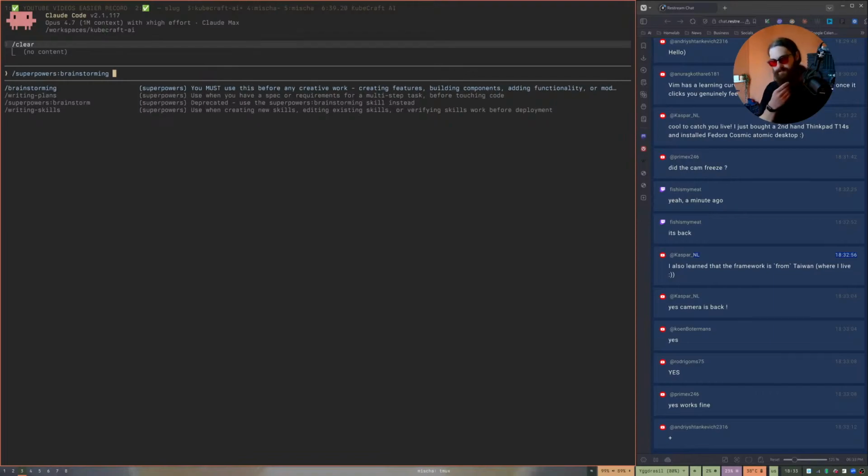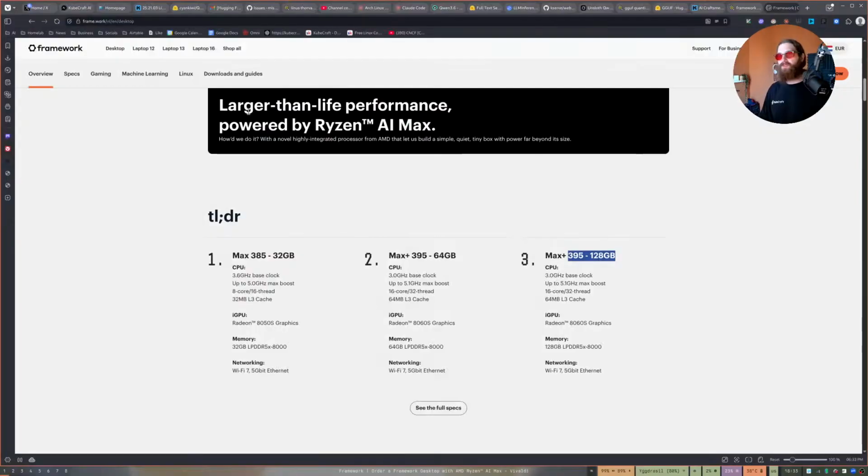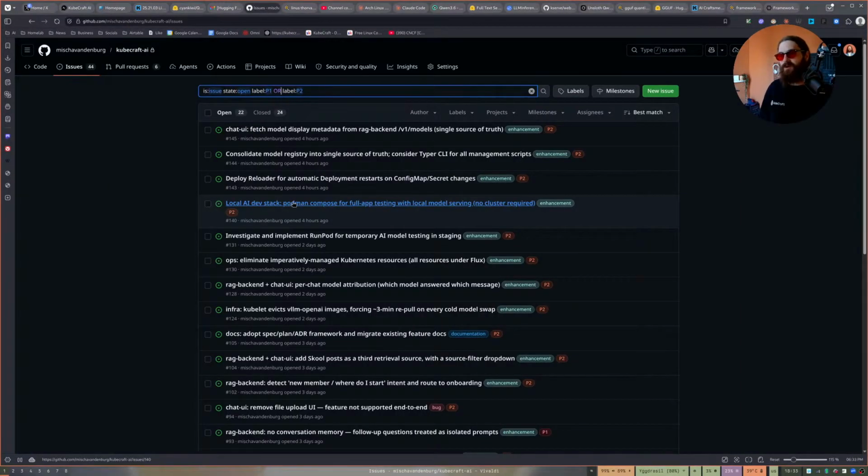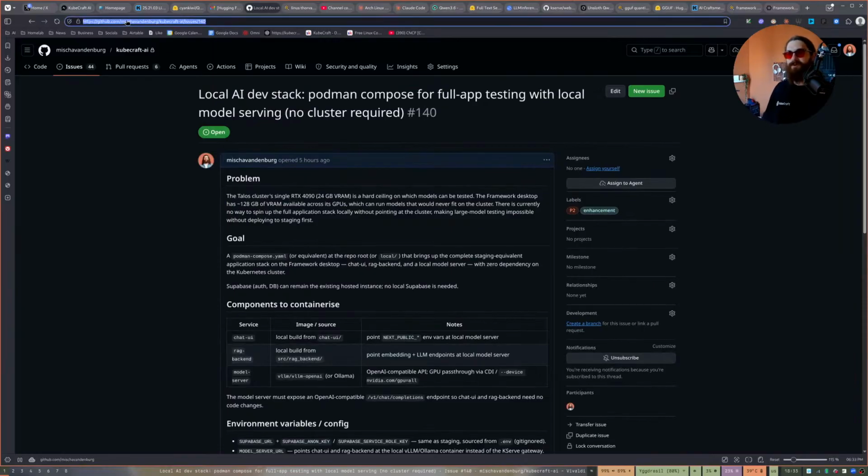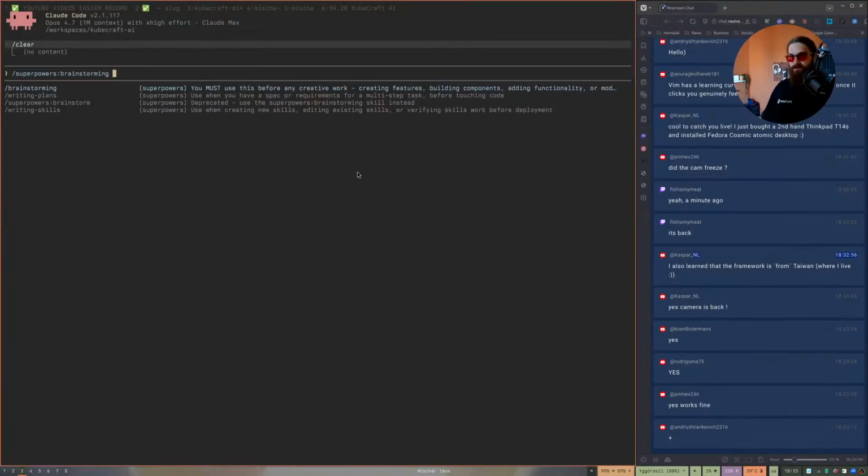And I will now then dictate to the AI what I want to do. And I've already created an issue for this one. Local AI dev stack. Okay. So here I'll say,